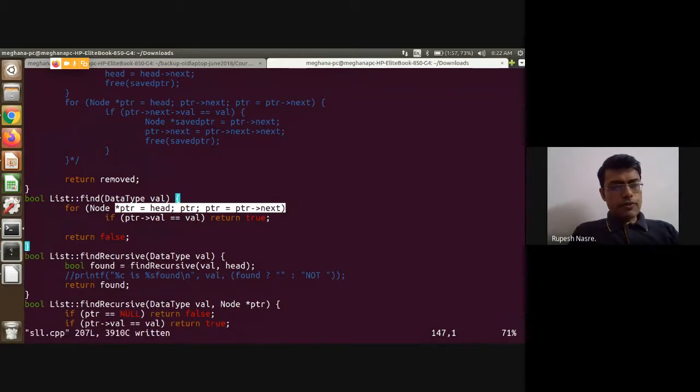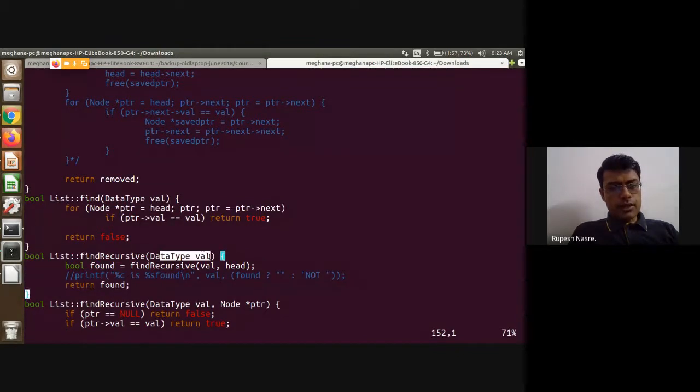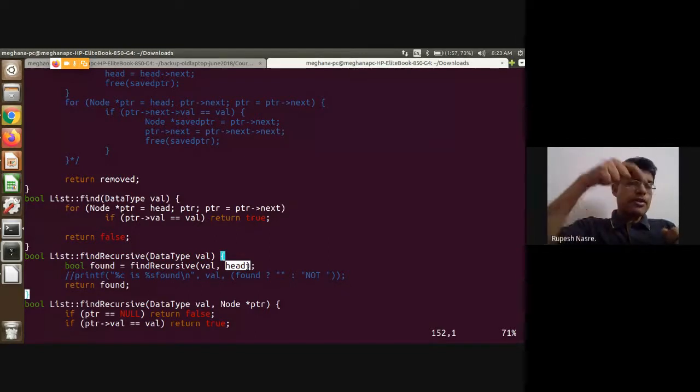Okay, so that was our find, and then find recursive was essentially again in a similar manner, where find recursive of a particular value being passed, in this case data type val, is what a main function or outside world or any client of your library will be able to call. Within that, for recursive formulation, we need access to the first element of the list or the second or the remaining element and so on.